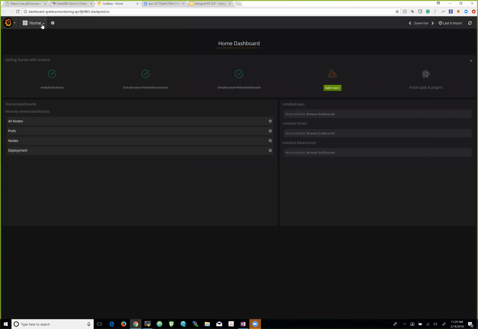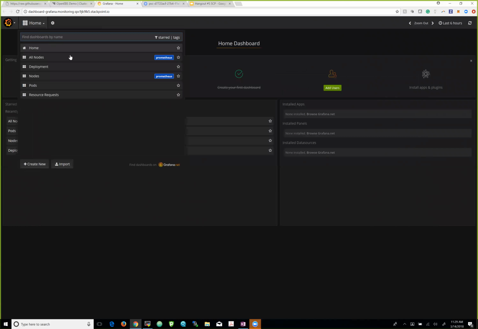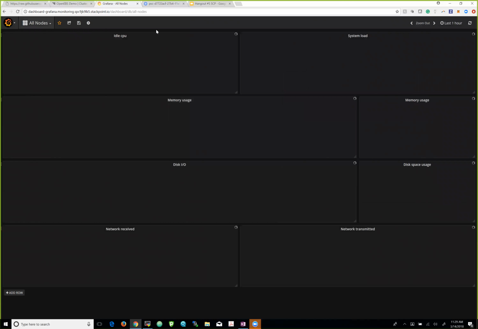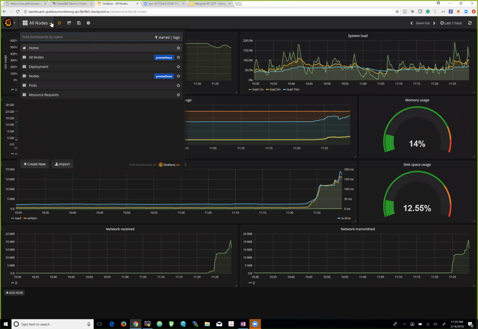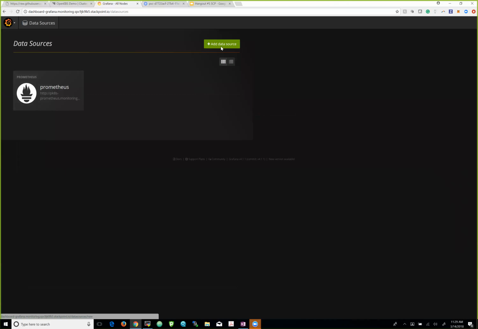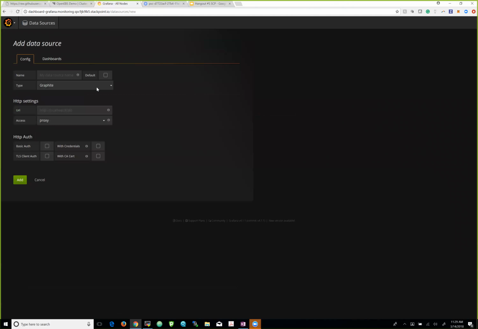The default deployment comes with nice dashboards. You can monitor your nodes, deployments, and pods. So what I would like to do, there are many ways to do this. I'm going to add our existing OpenEBS Prometheus deployment as a data source here. So what I need is